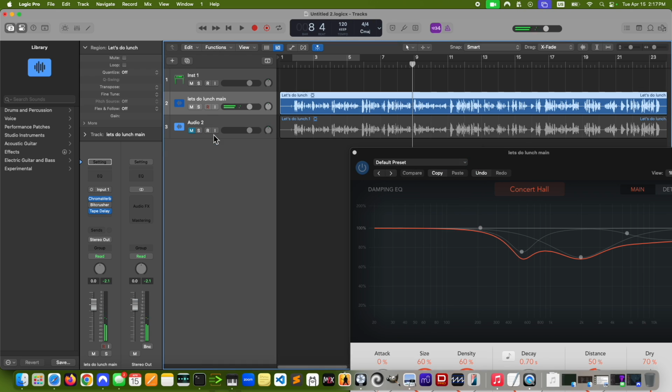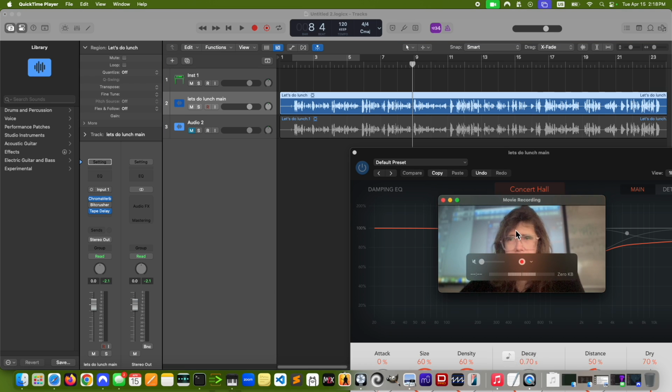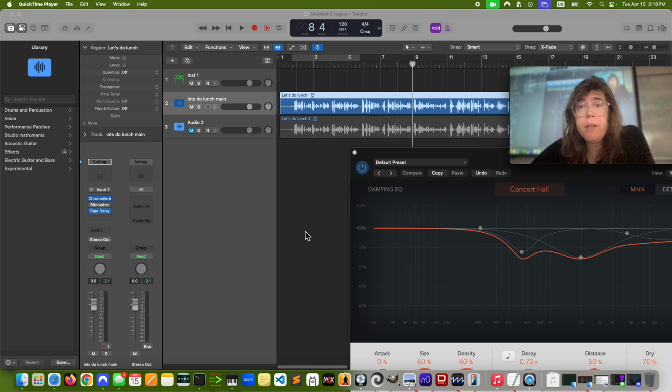So, okay, that's cool. We're just adding effects over things. Now, what if we don't want the effect to be on the entire track the entire time in the same way? There's a word for this. I'm gonna ask the question again. What if we don't want the effect to be on the track the same way, the same throughout? What do we do? What's that called?